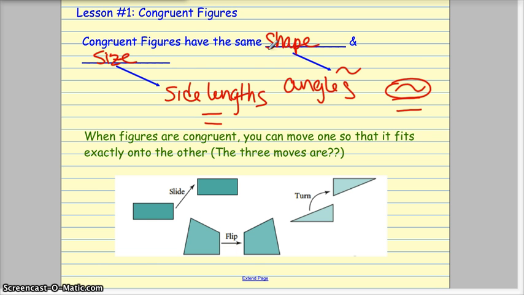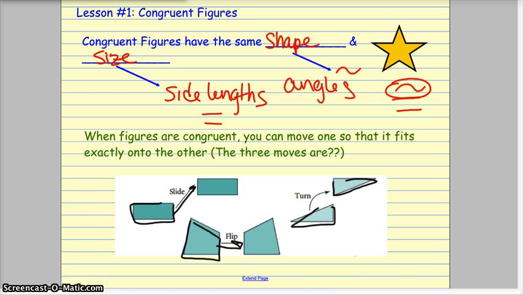If you notice, the rectangle could be slid directly onto the other rectangle. It is exactly the same in both shape and size. This four-sided figure can be slid or flipped onto the other, and the triangle can be turned or rotated so that it slides onto the other. An example of shapes that are not similar, I have a star,